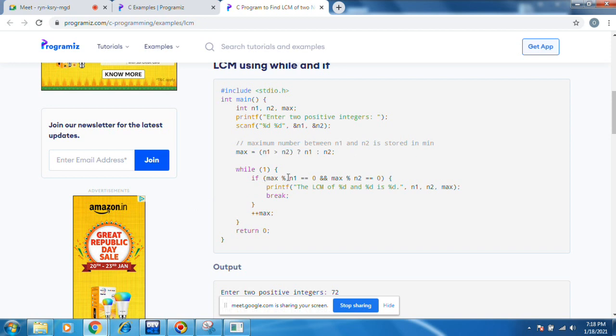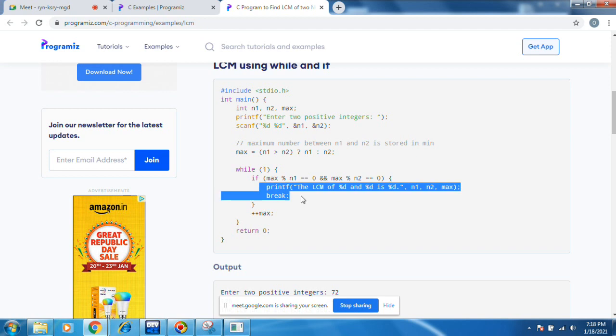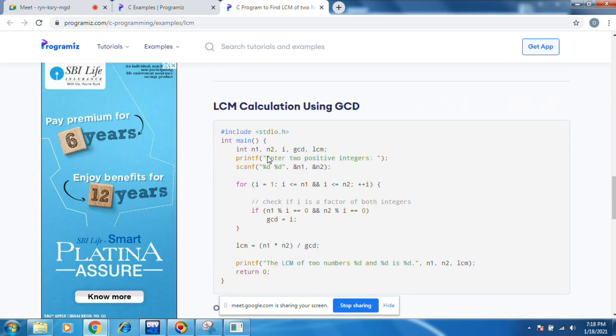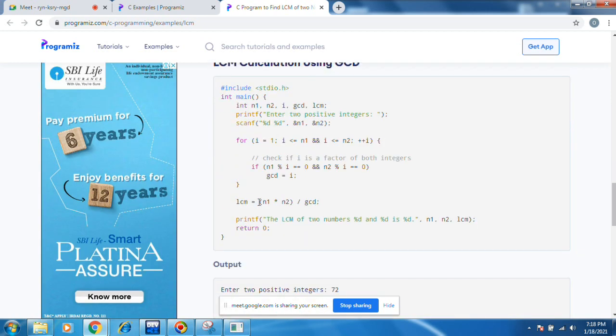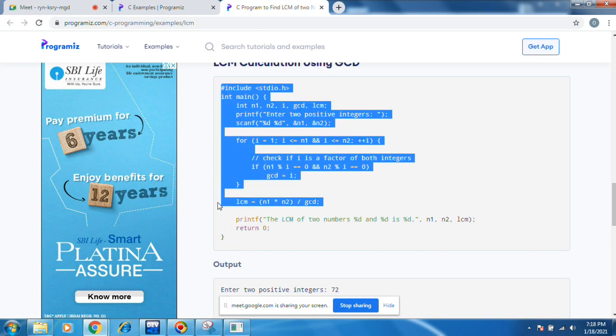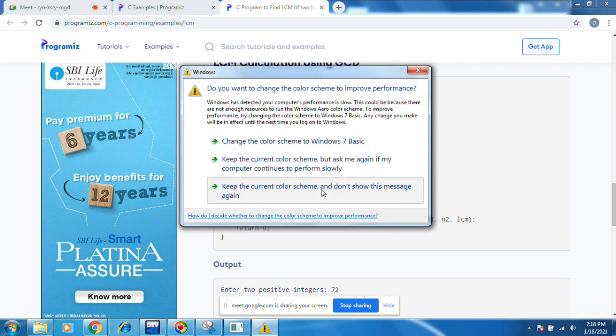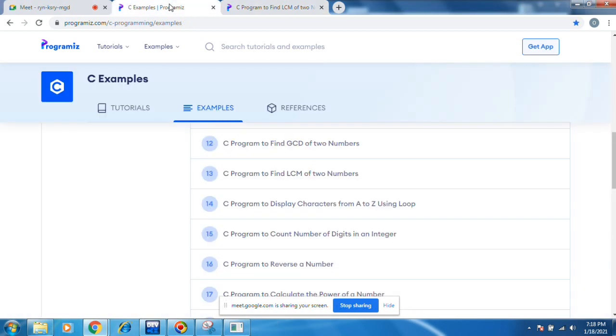If max percent n1 equals 0 and max percent n2 equals 0, LCM of percent d. Again it is an infinite loop. Okay, a break statement is coming. To understand this will be somewhat difficult. You can calculate GCD and then use this simple formula, then you will get the LCM as well.